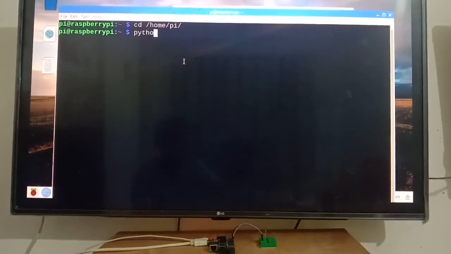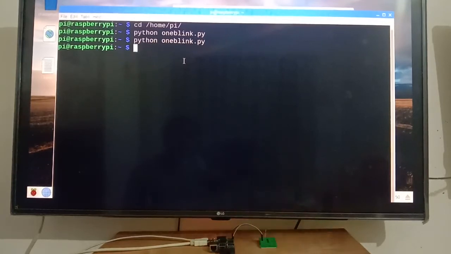You first call the Python program, Python, then the file name oneblink.py, and when I press enter, please look at the blink. So enter. You see it will hold for 2 seconds and it goes down. You can call it again. So this is the script running the same thing that we did in the command prompt. You can do it this way also.